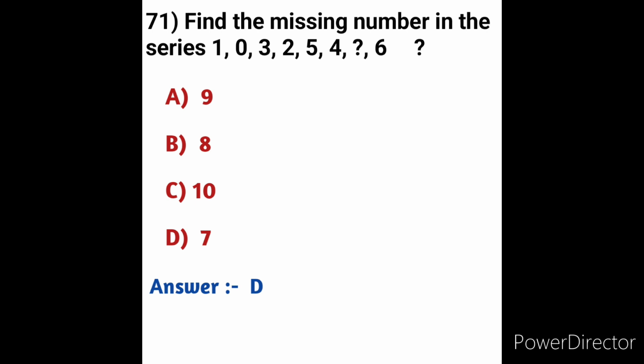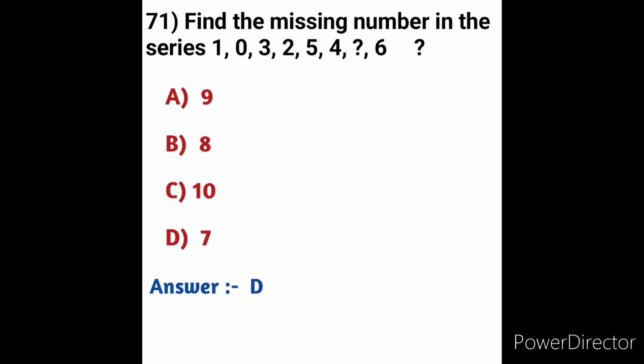How? I will explain. Here in the number series, for the first one they do a minus and for the second number they add 3. So here 1 minus 1 equal to 0. So after 1, 0 comes. Next 0 plus 3, 3 will come. Next 3 minus 1, 2 will come. Here 2 is there. Next 2 plus 3, we have to add 3 and minus 1, plus 3 and minus 1. Here 4 plus 3 equal to 7. Option C is the correct answer.